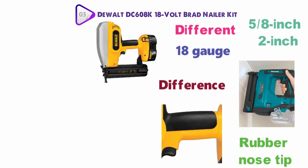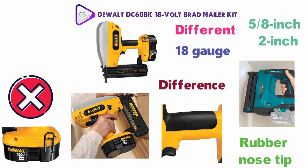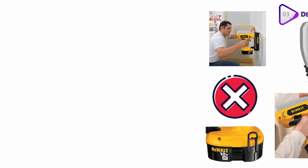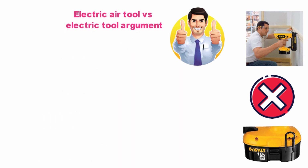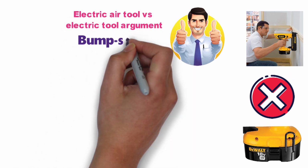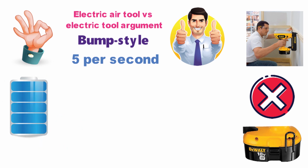The main difference is that this unit is powered by Dewalt's 18-volt rechargeable battery system, so there is never a hose or cord to drag around while you work. It's a good example for choosing the cordless electric side of the air tool versus electric tool argument. It can be set to both sequential and bumping style nailing, and can drive brads at a maximum rate of 5 per second. It's a good idea to pick up a spare battery if you plan on using this nailer